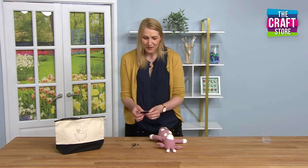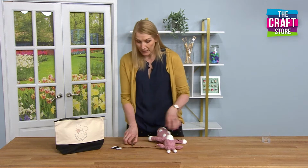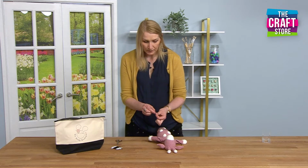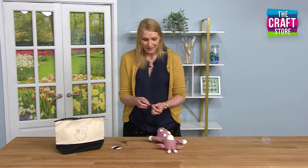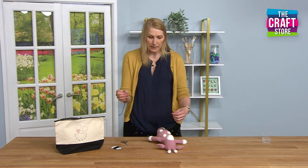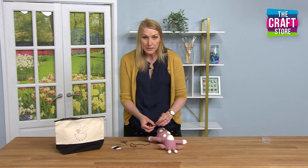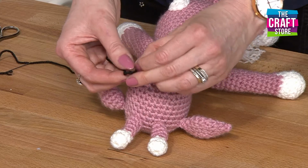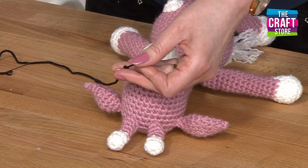We're going to get a little bit of our black yarn, and this comes in your kit, along with your needle and everything that you need to make your giraffe, make it nice and easy. The only thing extra you'll need is a pair of scissors. So we're going to thread a length of our black yarn onto the needle, quite a long piece because we don't want to have to change it, and we're going to tie a knot in the end. So I'm just going to do a little double knot and snip that off,